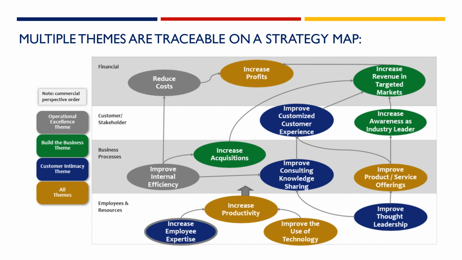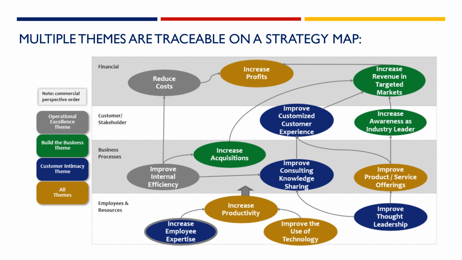In this diagram, we can see how multiple themes are traceable across the 4 perspectives in a single map. The themes include operational excellence, build the business, and customer intimacy. By tracing the strategic goals across each color-coded theme, we can see the causal linkages between each. We can see that by increasing productivity, we can improve operational efficiency, and thereby help reduce costs, which will then